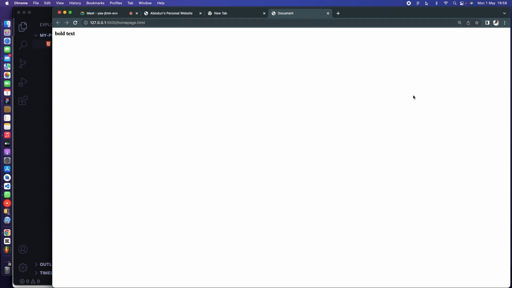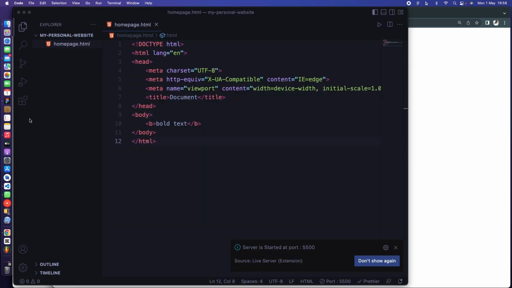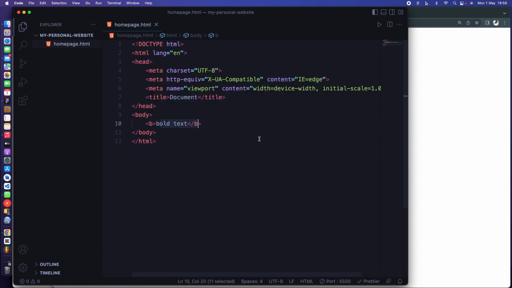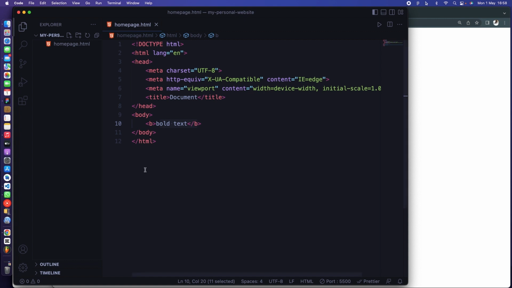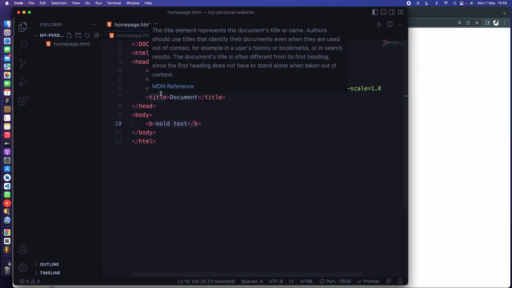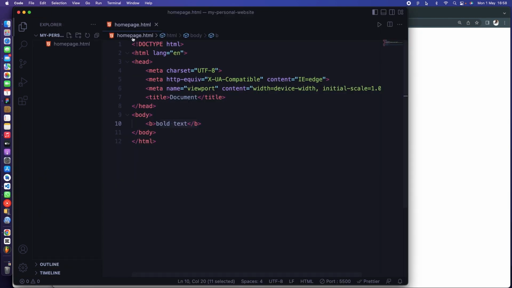Your browser does not need to be opened. It's going to automatically do that for you, and then display whatever that is supposed to be here. So if you notice this bold text, what happens with the code is, when you open a particular code on your browser, the browser is going to read from the top here, and when it gets to this place, it's going to look at the B tag